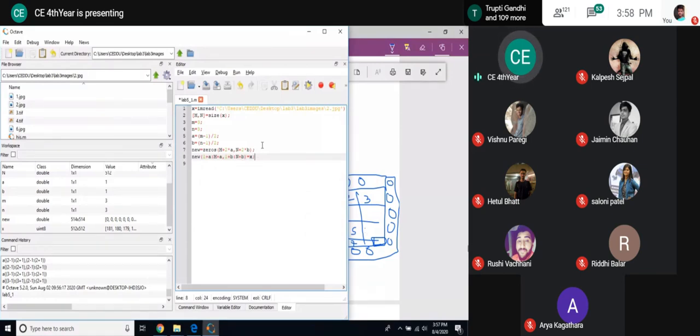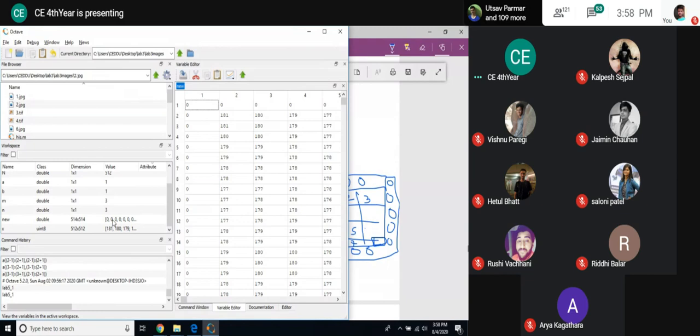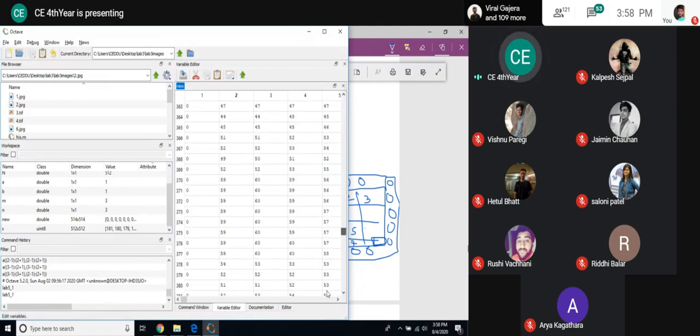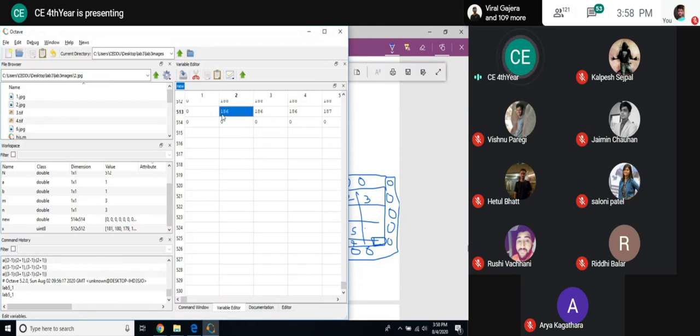I hope everyone is clear with this one. Let us see. Yes, it is padded with 0 here, padded with 0 here, and my image starts from this. And at the end, let us verify. It is 5 and 2, so it will take time if I do not go like this. Okay, so here also one line is padded with 0.